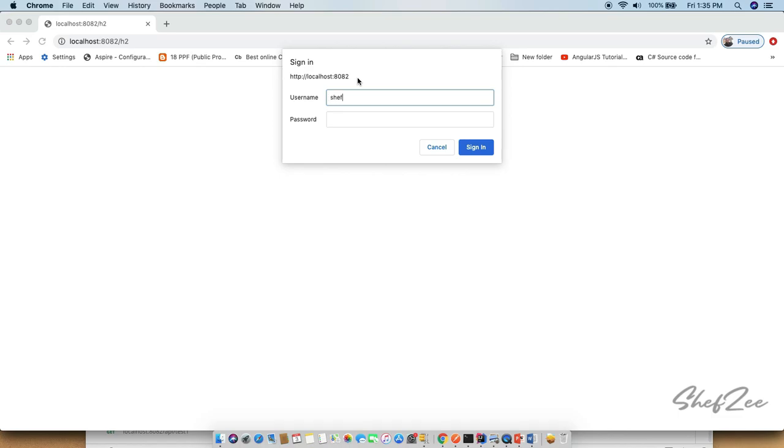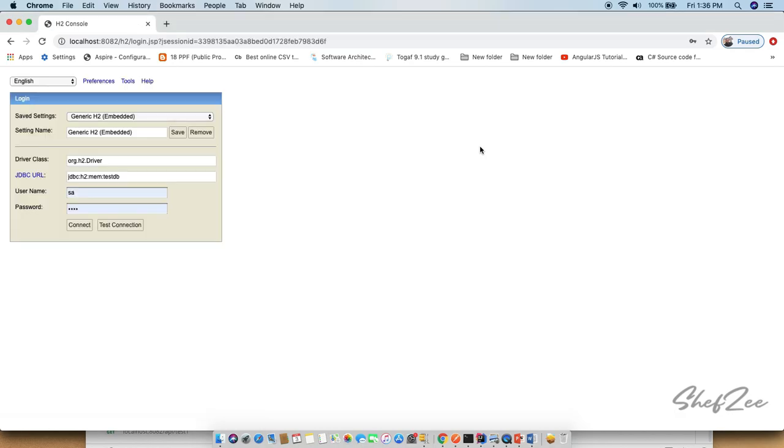Okay, let's put chef 1 and then 1 2 3 4, right? It's going in here and then connect. See, we were able to access it, but if you see that the Spring Security is blocking,